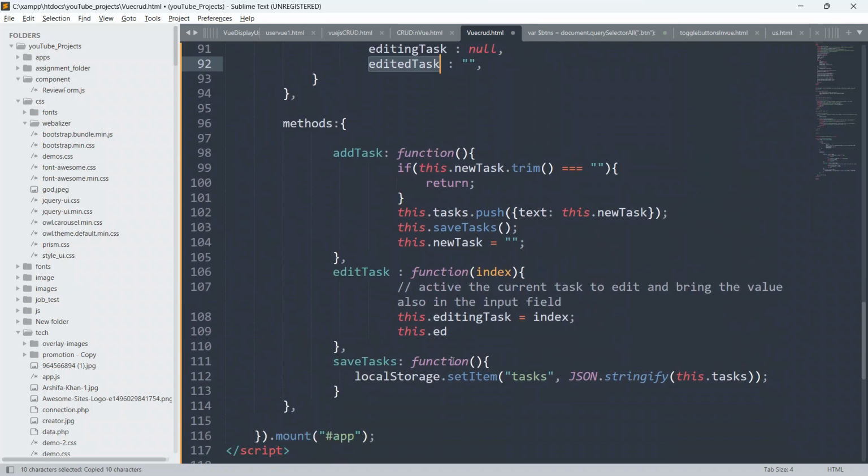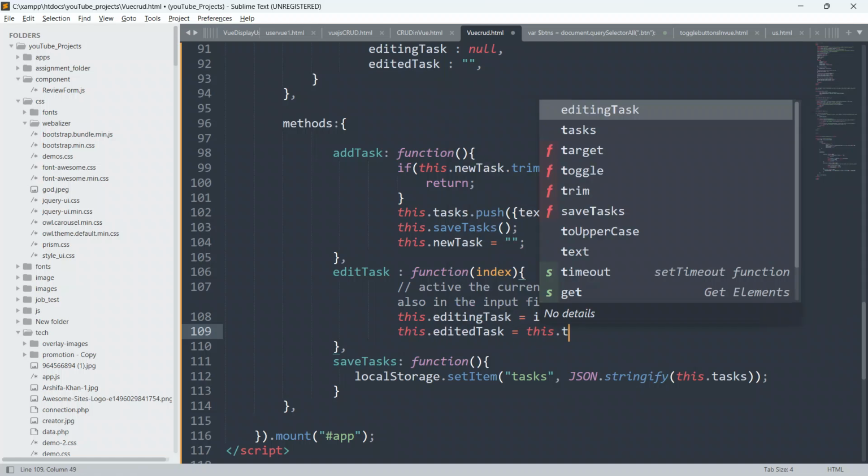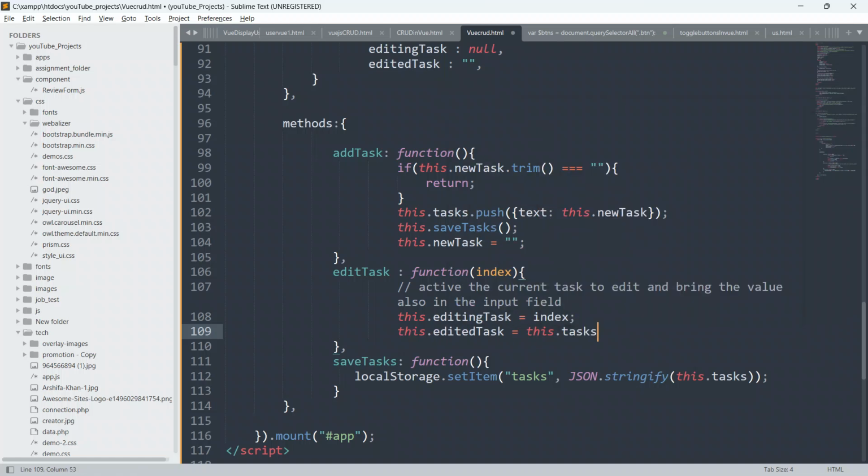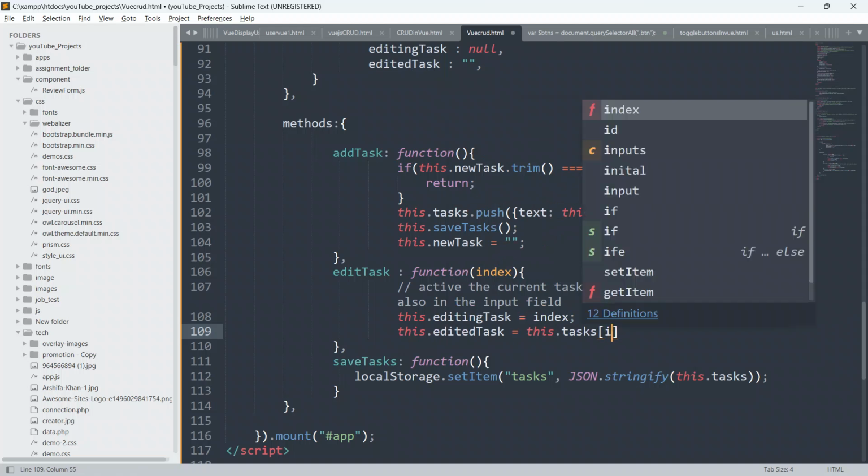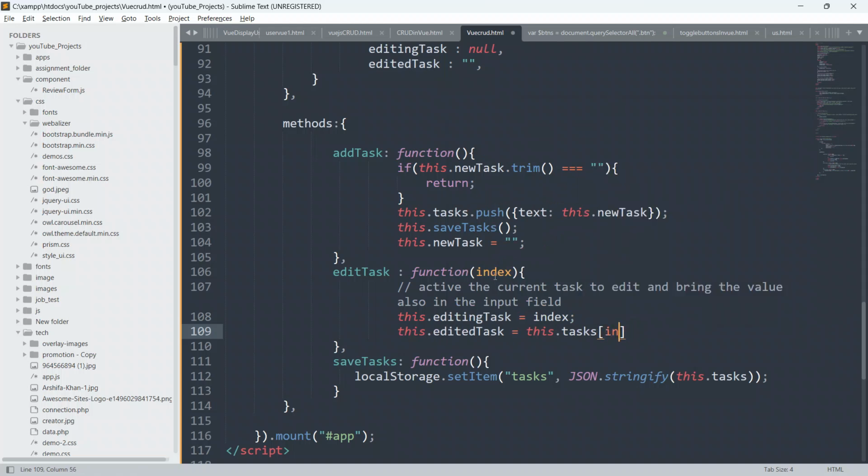Just copy it from here and paste it here. editedTask equal to this.tasks, and here we will pass the index as a key, and we will say .text.